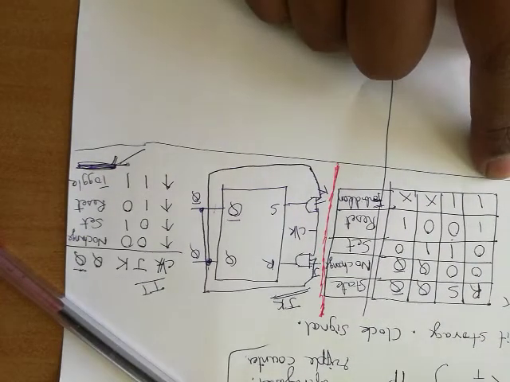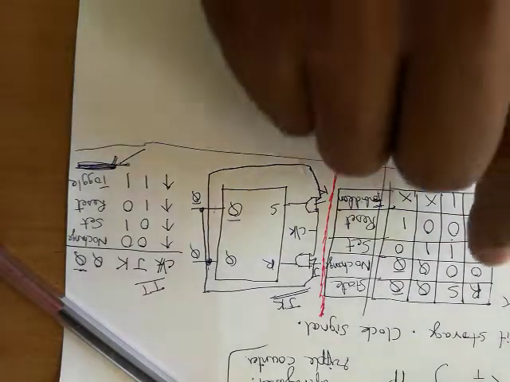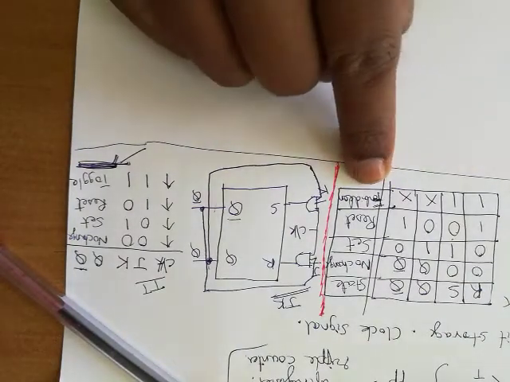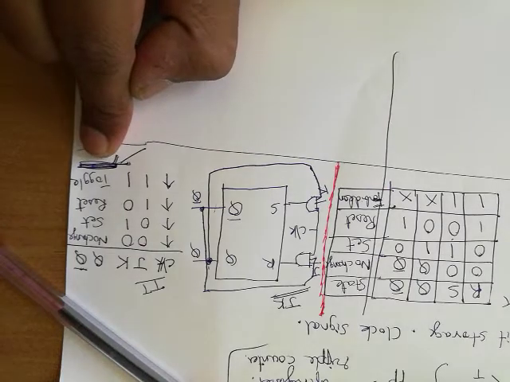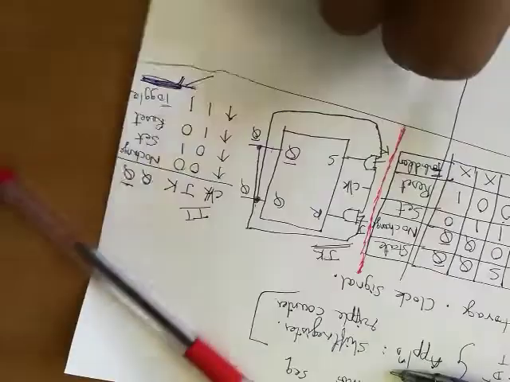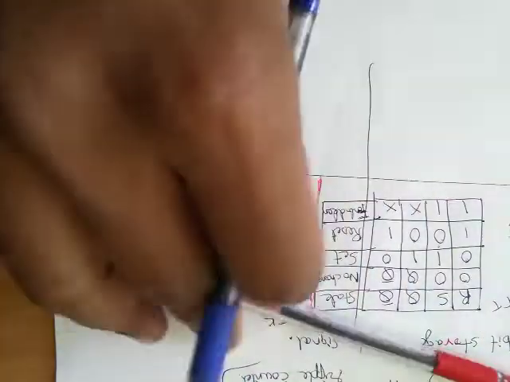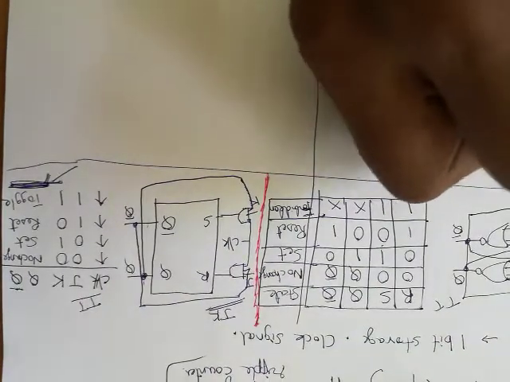What happens with our JK flip-flop is, unlike SR or RS flip-flop, this flip-flop is also called SR. Same thing, RS, SR. This goes into intermediate or forbidden state, whereas JK goes into toggle state. So this is the advancement of RS flip-flop. JK flip-flop is a betterment of RS flip-flop. So these are the two flip-flops. We'll continue our discussion with D flip-flop.